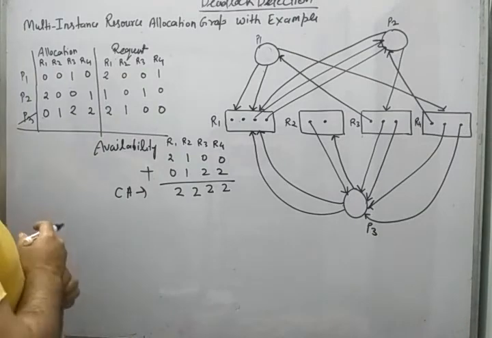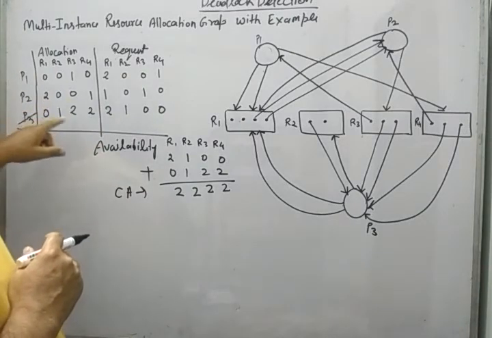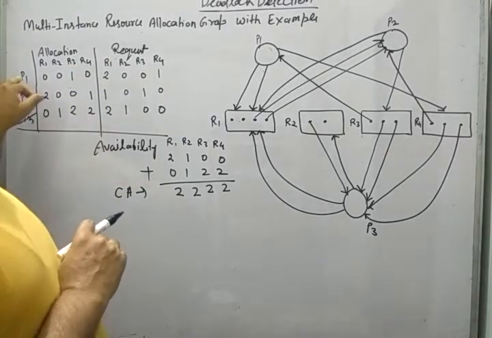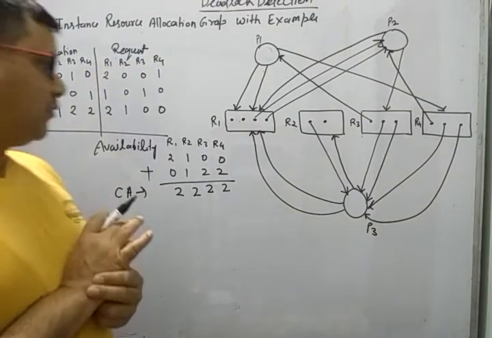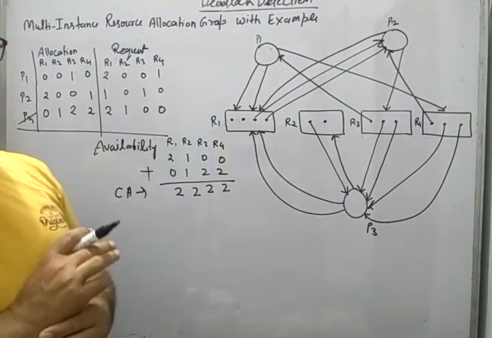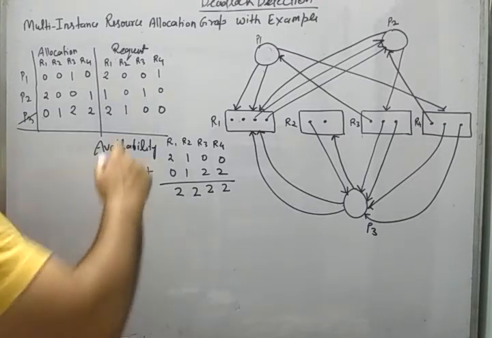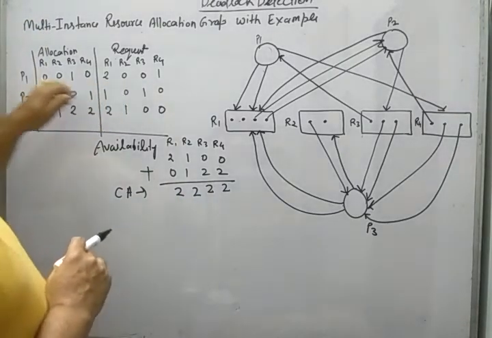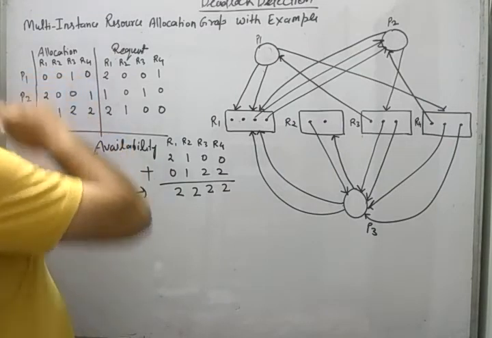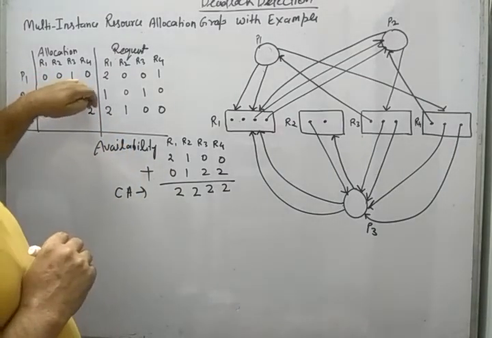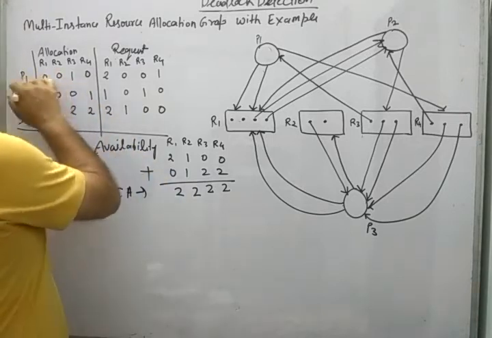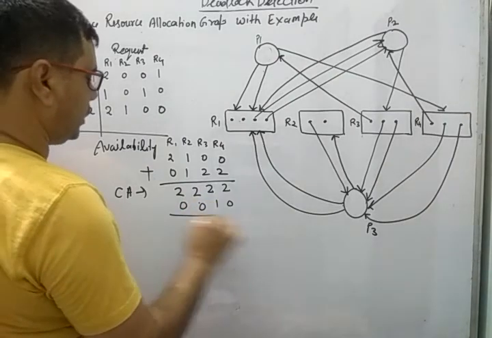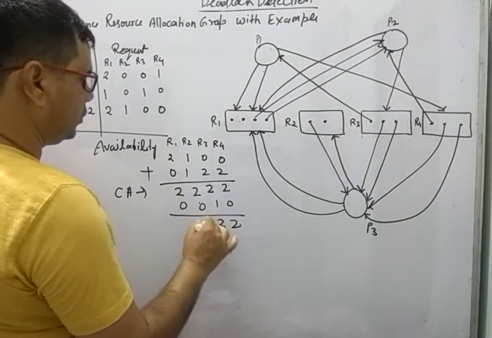And now look here again. We will backtrack. We will test whether the P1 request can be fulfilled. Yes, we can now fulfil the P1 request because our current availability is 2222. Then after executing, the resources allocated to P1 will be freed and P1 will execute. That means 0, 0, 1, 0. Current availability will be 2, 3, 2, 2.